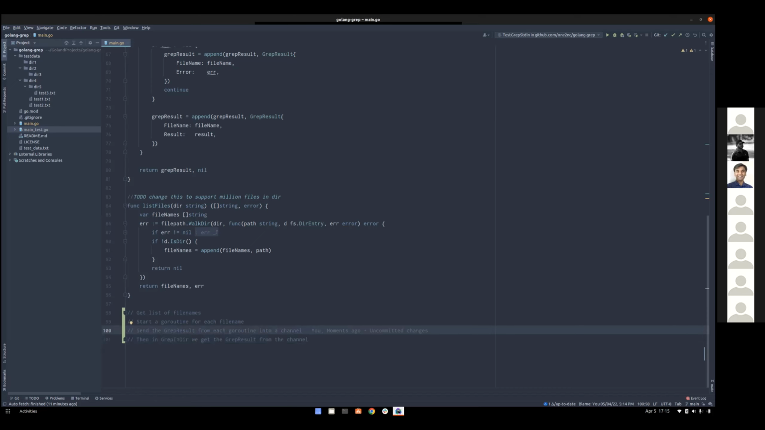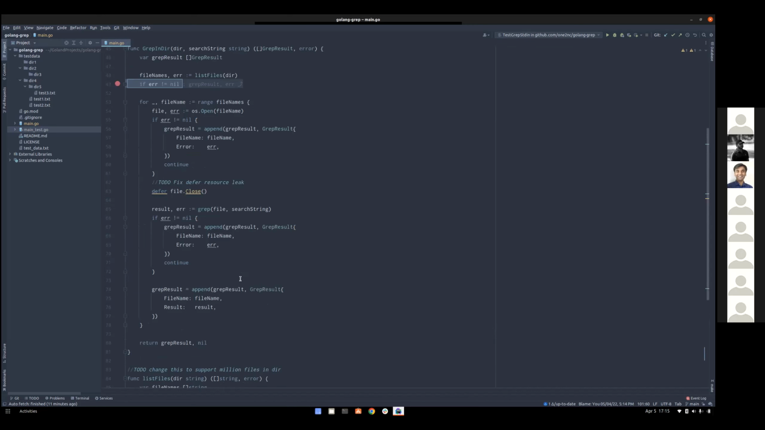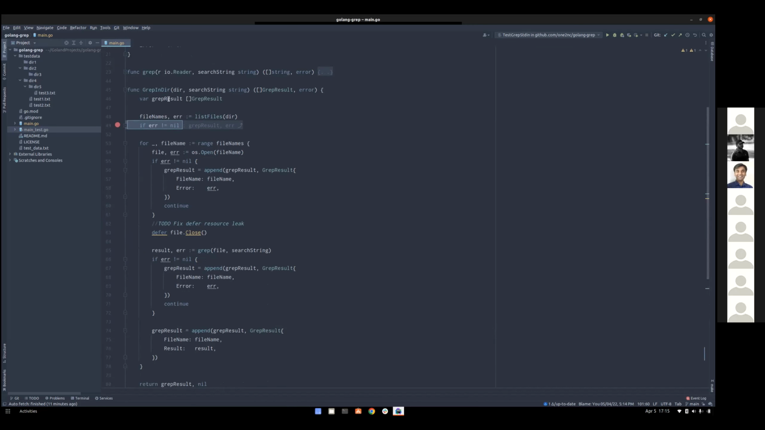Yeah, I think this should do it. Okay, let's just start with it. Since we don't have to change the test cases, we just start coding it out. So for each file,